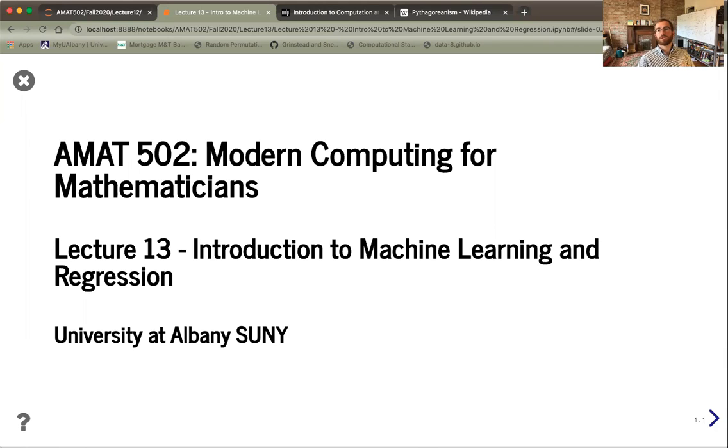Today, we're going to start the second half of our course, which is where we finally get into the aspects of machine learning that all of you have been so interested in learning about. Our first example of machine learning is going to be regression. But before we get to all of that, I'm going to try to outline the basic philosophical understandings of what it means to learn. This, I think, is essential in order for you to have a broader view of what machine learning is. In particular, how do we know how we learn before we can teach a machine to learn as well?